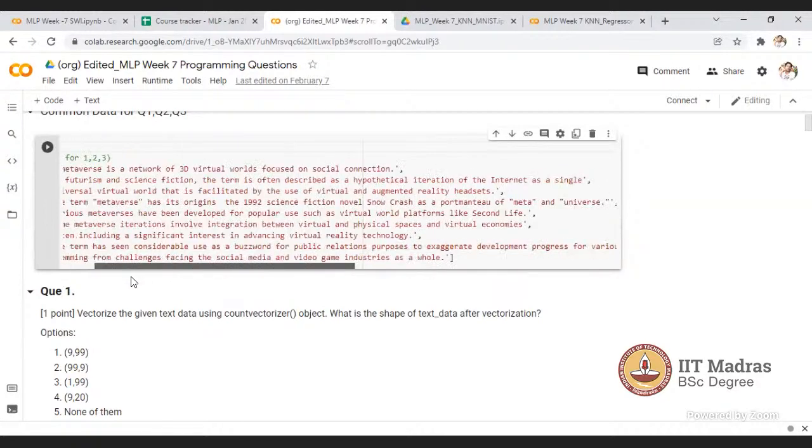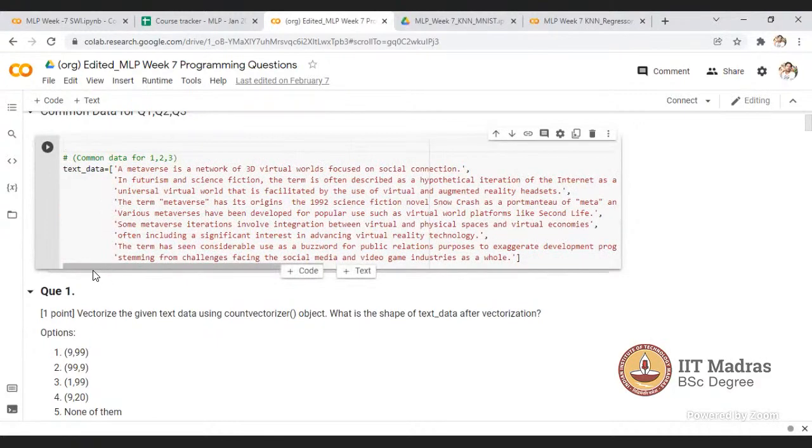There are many hashing algorithms. Think of an algorithm that gives some common token to a word, like allotting a token to the word metaverse.